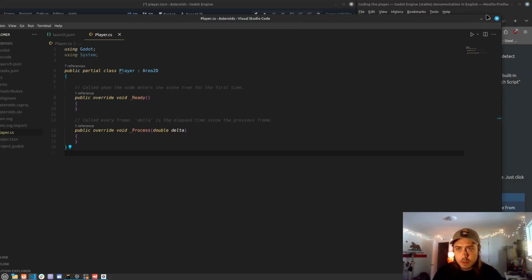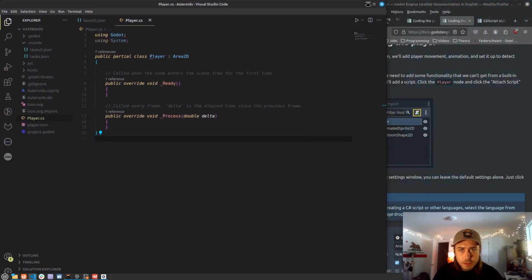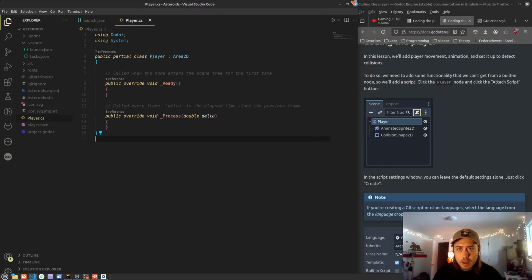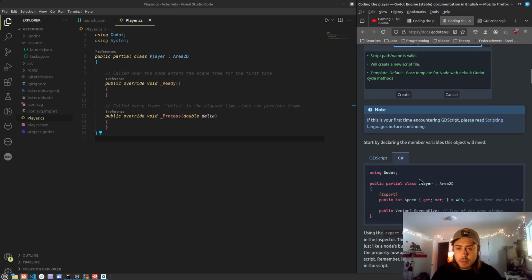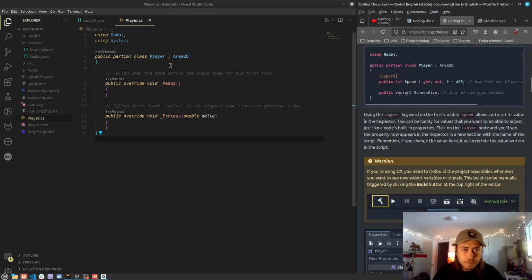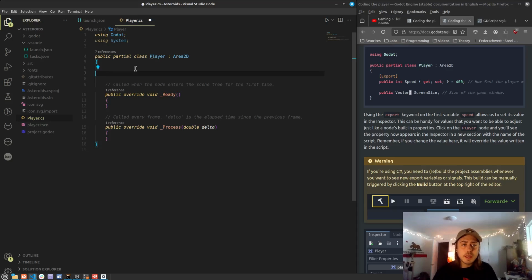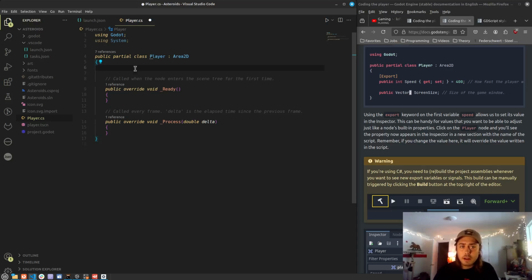Let's also set up. So I got VS Code set up to where it should have some IntelliSense and should run pretty decently with the Godot engine. Okay, so yeah, we added a player script here. So it wants us to set some speed values and a Vector2 for game size or screen size, which I'm not sure why you would set the size of the game window in the player class, but